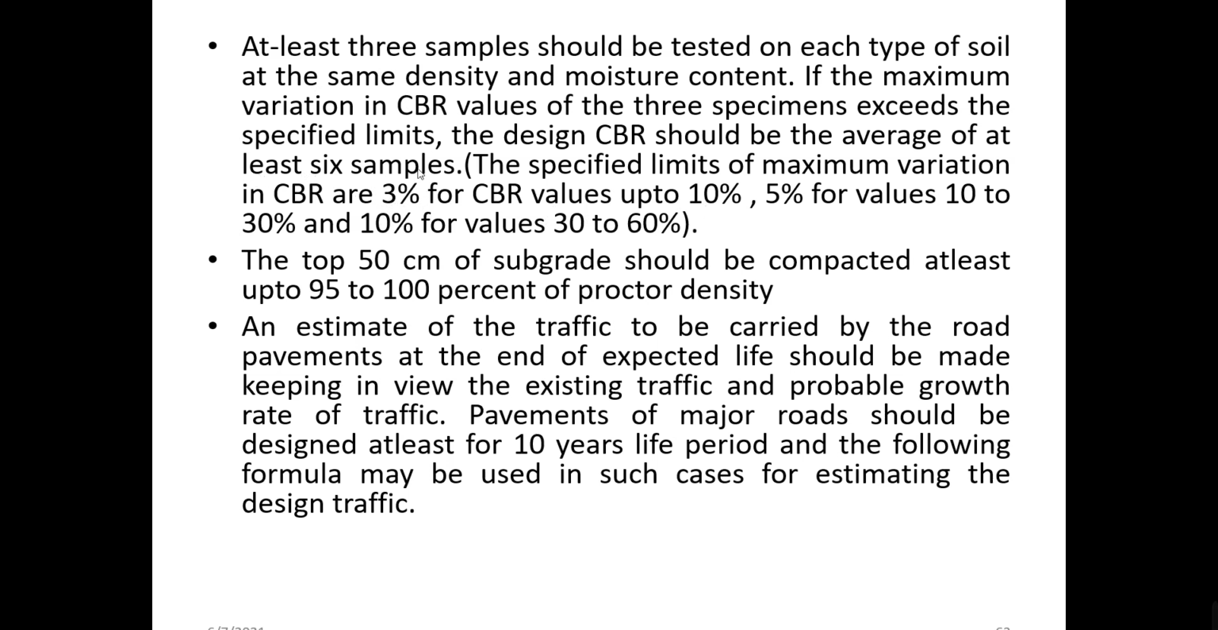For the value of the CBR in between 10 to 30%, the variation allowed is 5%. If the variation goes beyond 5%, then instead of taking the average of 3 specimens, you have to go for testing 6 samples to get the average. Okay, again the variation is allowed up to 10% for the CBR value in the range of 30 to 60%. Okay, the top 50 centimeter of the subgrade should be compacted at least up to 95 to 100%